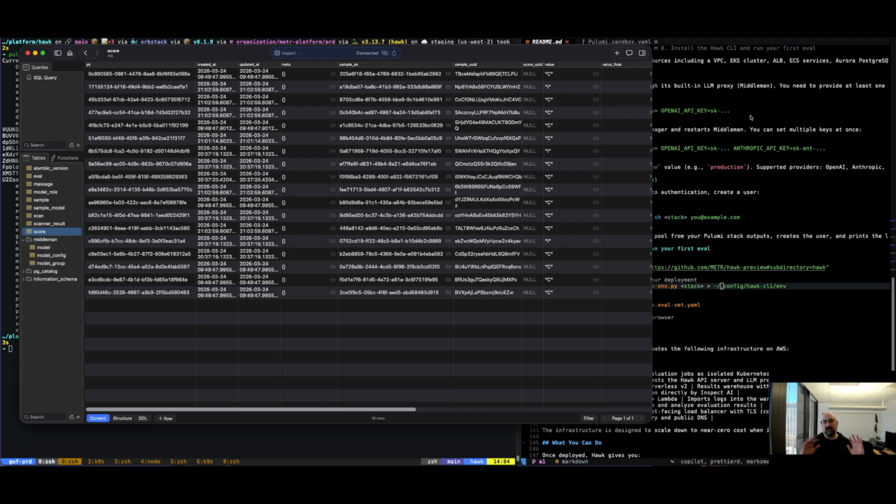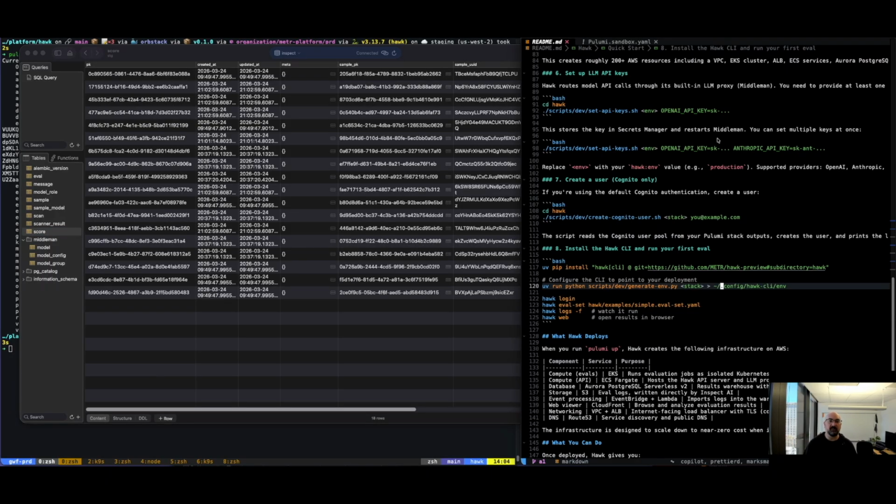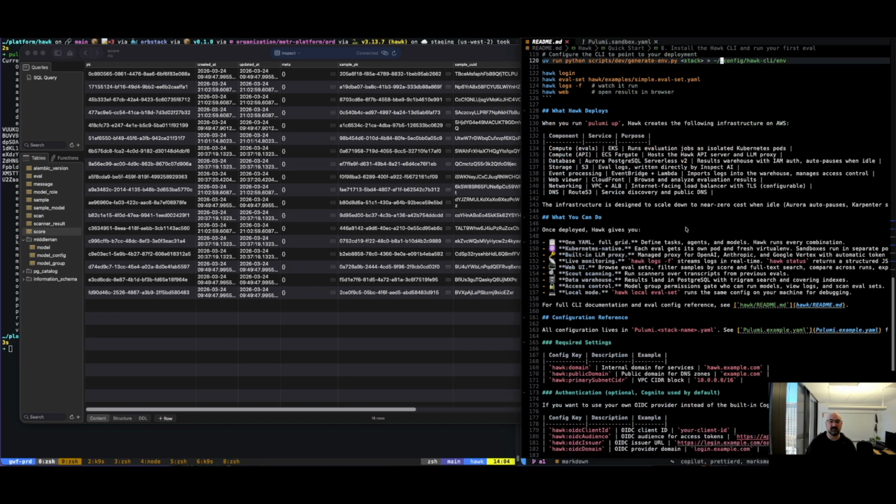So there's a lot more that Hawk can do. We also have our LLM proxy that's making the request to OpenAI. You can set all sorts of secrets per task or for Middleman, our LLM proxy. There's a lot more CLI features that are accessible to you and a lot more that you can find in